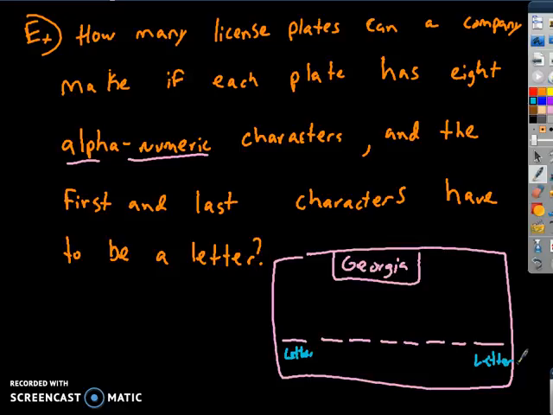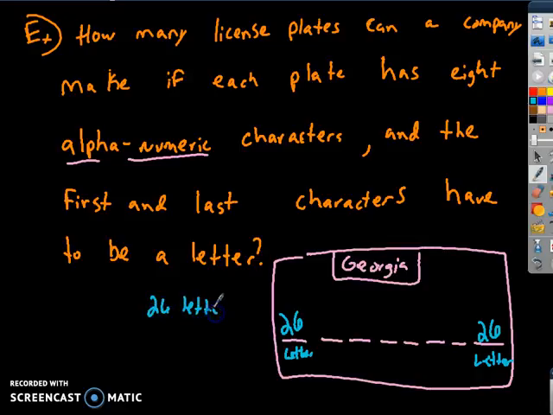All right, let's assume we're using letters in the English language, and in our language we have 26 letters. So we've got 26 letters to choose from for our first blank. It didn't say they can't be the same letter, so because of that, for my last blank, I have 26 letters to choose from also. Here, I can have anything I want. It could be letters or numbers. So we have 26 letters,